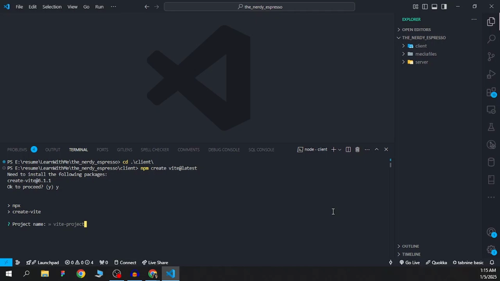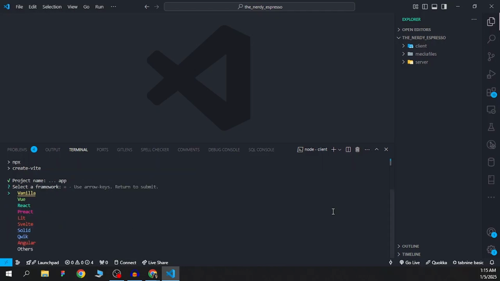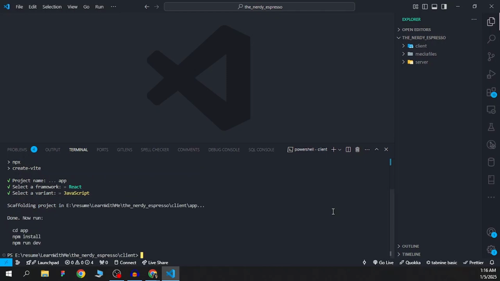Project name, I don't need a project, but anyways, article, or I can just go with the normal convention of app. I need React, I need JavaScript, and that's it. We got our Vite application. I'll just move into app,